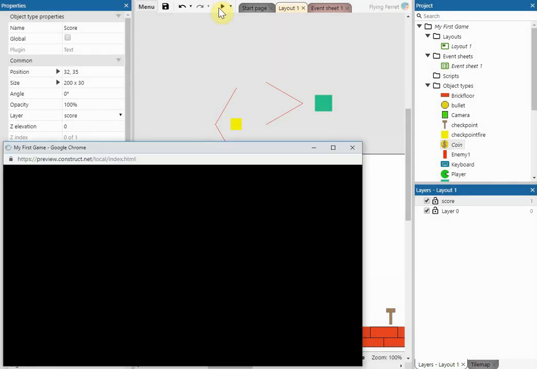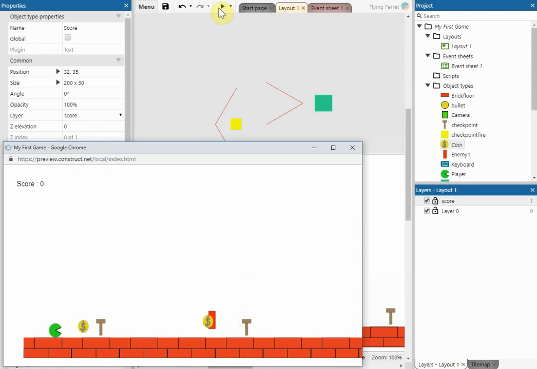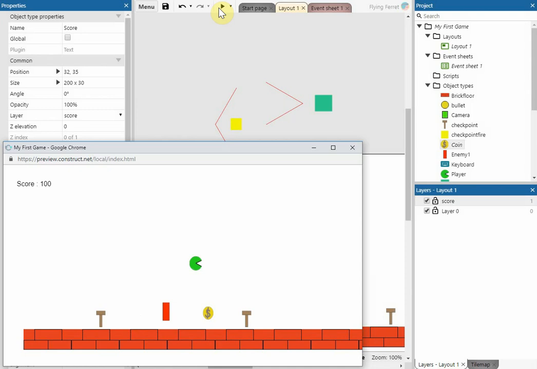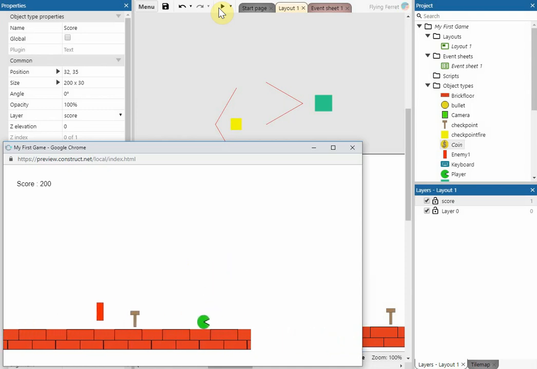So when we play our game now, and we collect our coin, and then we move over and collect the next coin and move to the right, notice the score now stays the same. So just to prove this, I'm going to get my checkpoint, jump right off the screen, and it reappears where I need